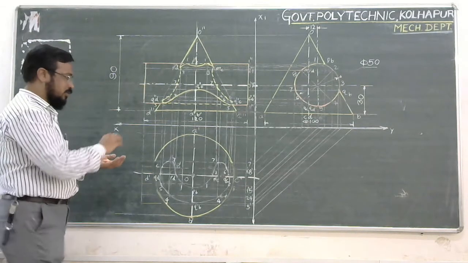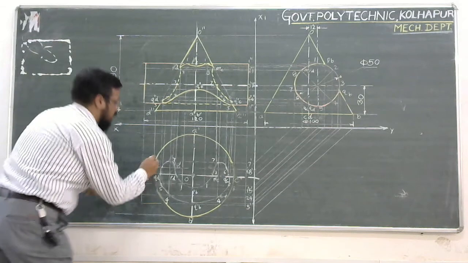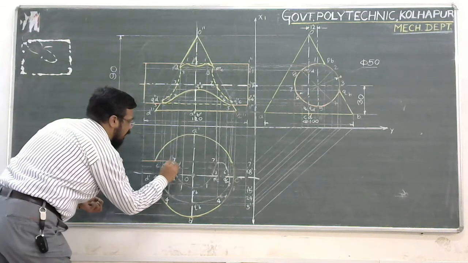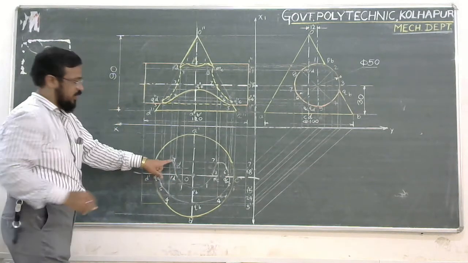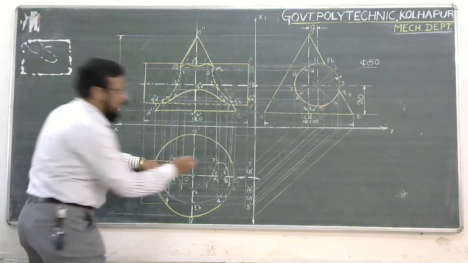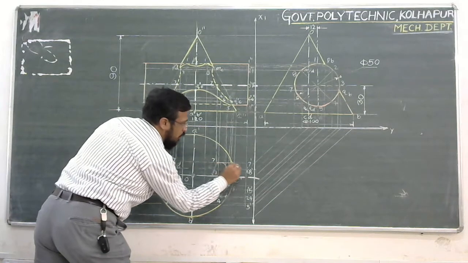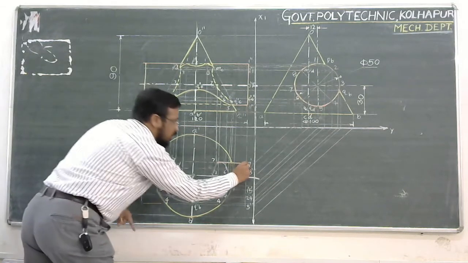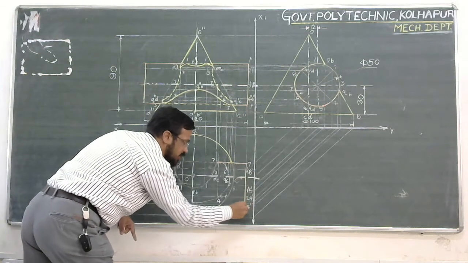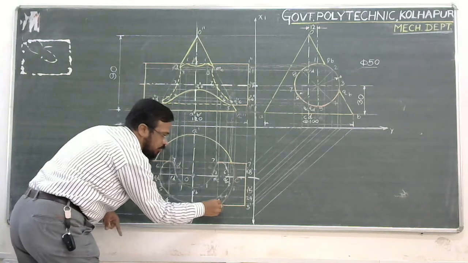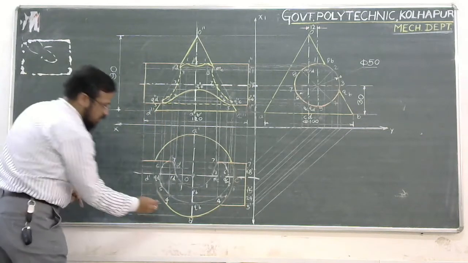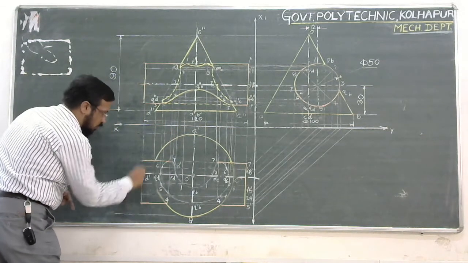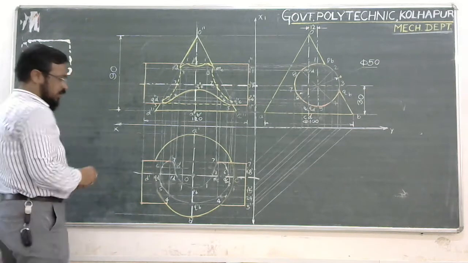Okay, and for the cylinder now, the cylinder will be visible up to this point number 7, because it has been penetrated. From this 7 to this 7 dash, again the surface will be visible. Then this is the limiting edge of the cylinder, one limiting edge up to this surface of the cone. Then from this surface of the cone to this limiting edge, it is visible.